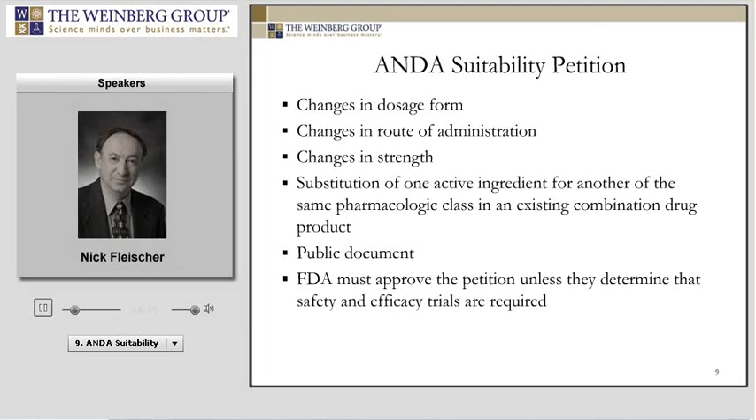A little more discussion about the suitability petition route. The reason that I'm spending a little bit of time on the suitability petition is because later on, when I talk about the 505(b)(2), you will see that some of the things that the suitability petition is utilized for are nearly identical to what the 505(b)(2) application could be utilized for. So there's a lot of overlap,